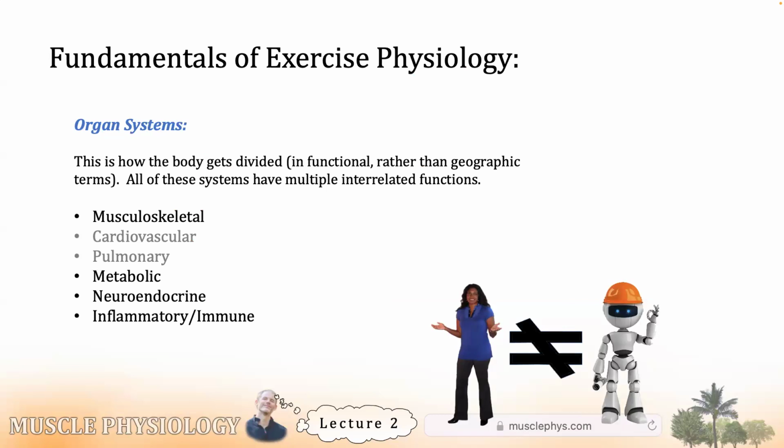We label these systems by their function. But there is interaction. There's a ton of interaction. We're not robots. On a computer, it's like, well, here's your word processor. That's 100% responsible for word processing. No investment from any other systems. And an internet browser is 100% responsible for internet browsing. Our biological systems all work together. I mean, pretty much all of them all the time. The immune system, for example, is critical in the response of your skeletal muscle tissue to exercise. And there's interplay between everything else too. Tons of interplay.